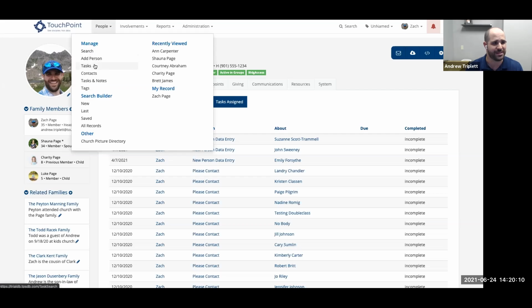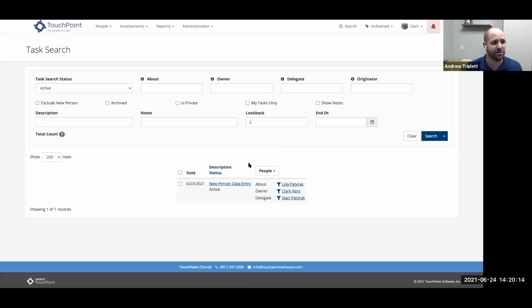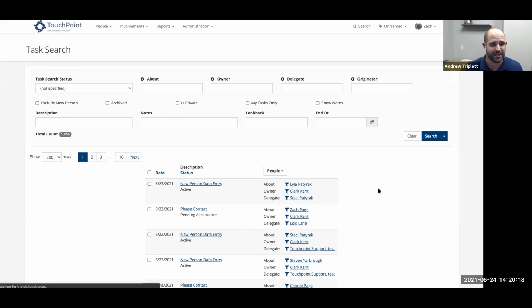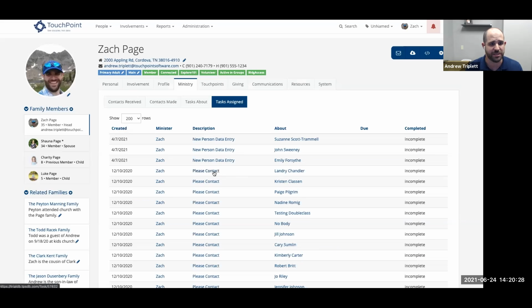Further, the task search page presented you with a list of the tasks within the database, a fairly long list and a little bit overwhelming. So I'm going to show you the side by side on this. And then finally, before I do that, one last thing that I want to mention here is,